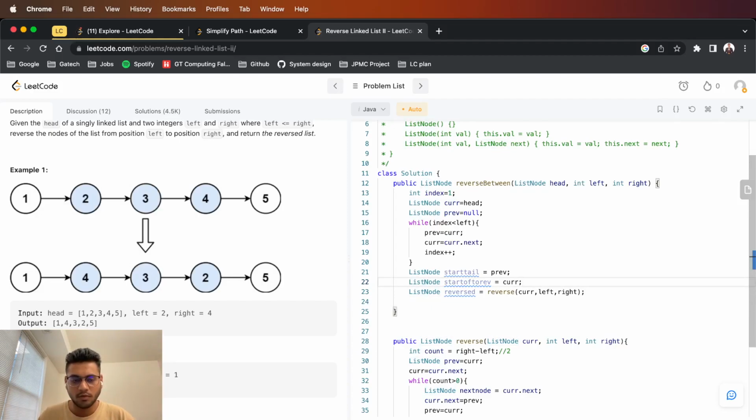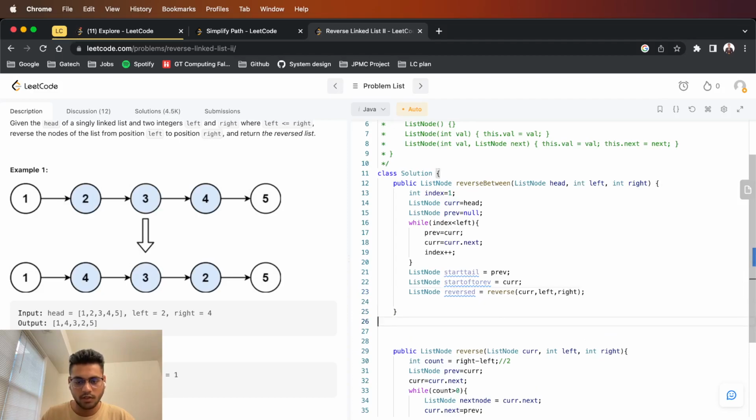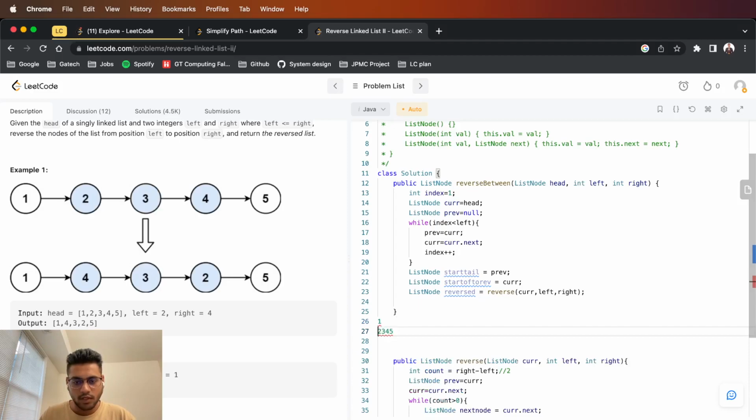Okay, before this, after reversing, I need now the start of my ending part. So basically what's going to happen here is I have 1, 2, 3, 4, 5. I have my one's head somewhere, 2, 3, 4, I reverse it to 4, 3, 2, right? But the 2 to 5 connection is not there. So I need to separate 5 and then have a connection which will connect 1 to 4 and then 2